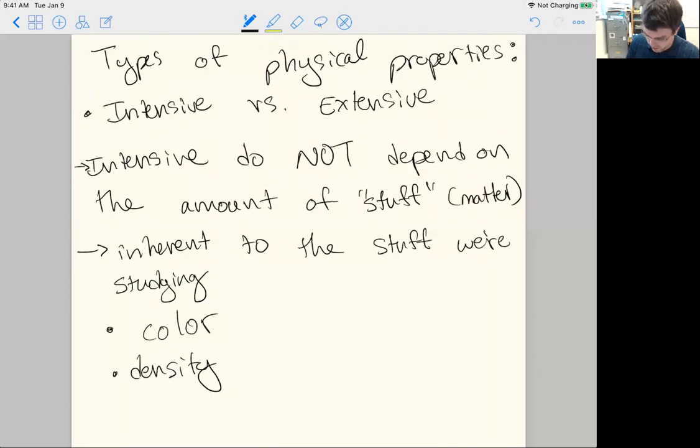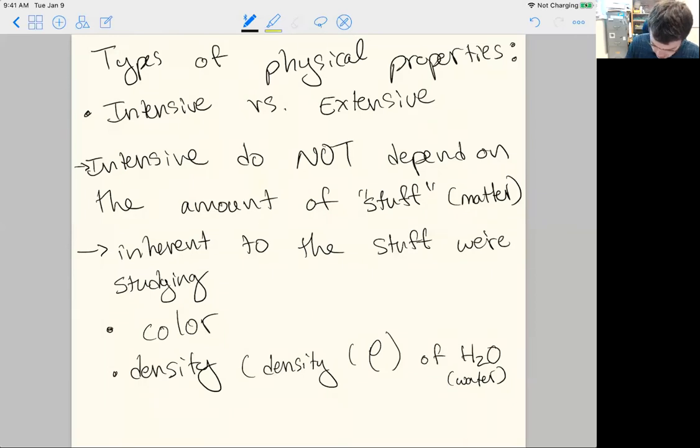So for example, the density, which is often written as rho, of water, H2O, which I'm going to write water underneath it, and I should make this a bracket. Sorry, that's going to bug me. Now let's just do some colons here. Sorry about this. Okay, the density rho of water, which is also called H2O, is always